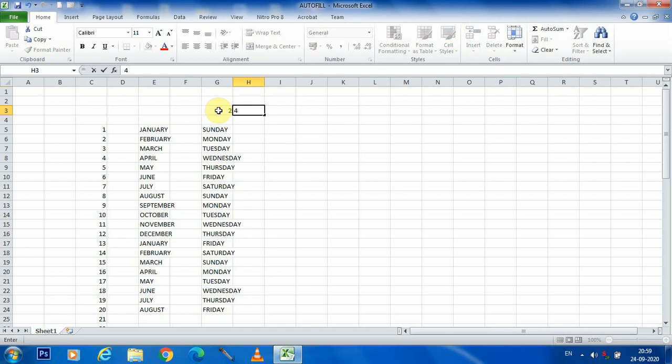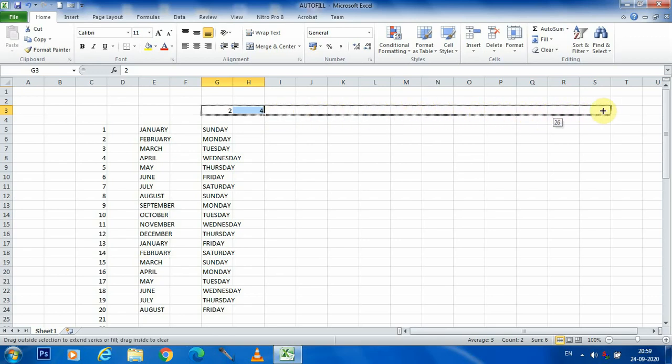Now select this one, then drag across the row. You can see that we are getting the table of 2, going beyond 20. That means we can get 2 13s, and more than that; as much as you require, you can drag it according to your choice.